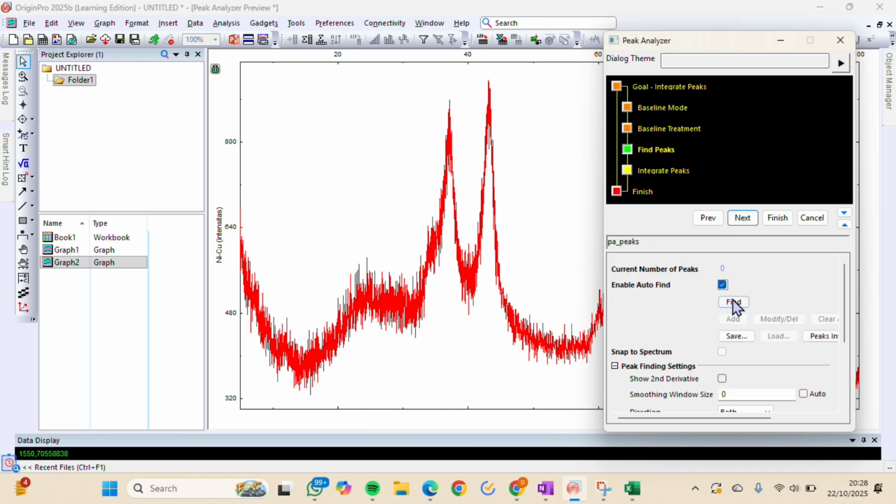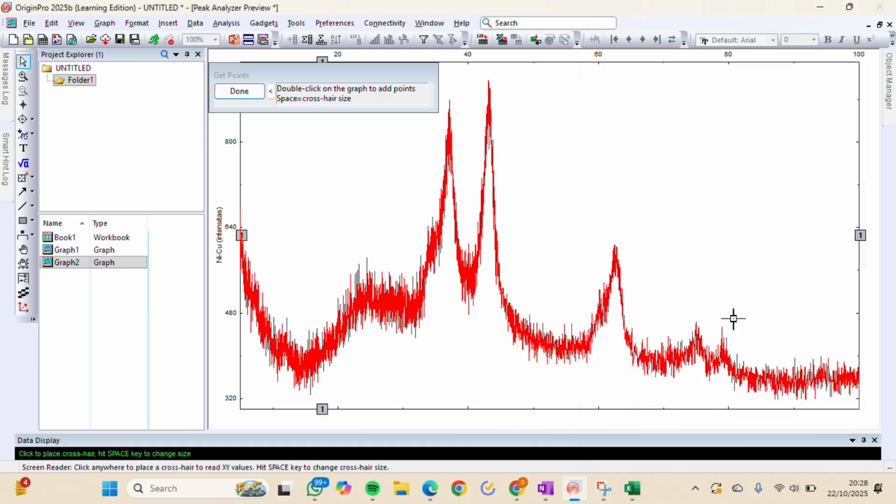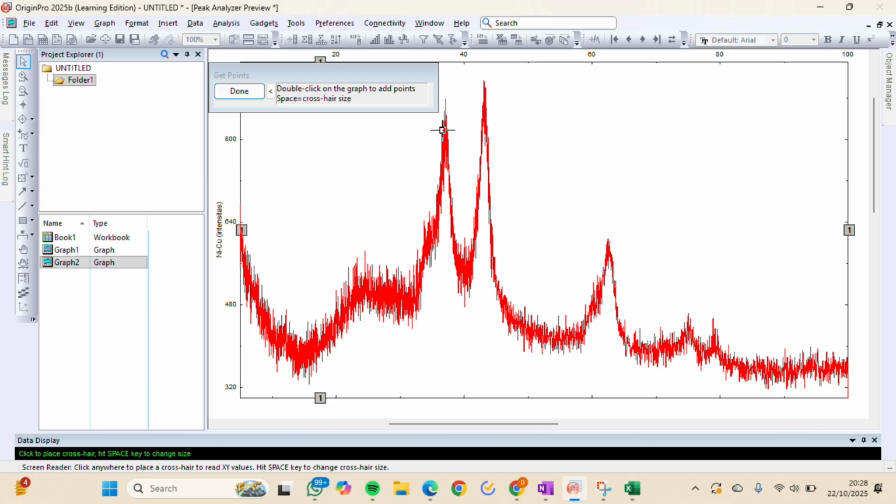Okay, in this page we uncheck the enable auto find, and we click add, and in this page we click the peak that we also clicked before.